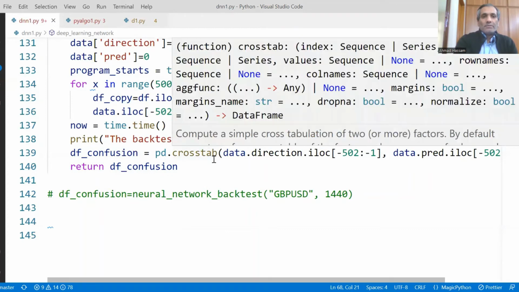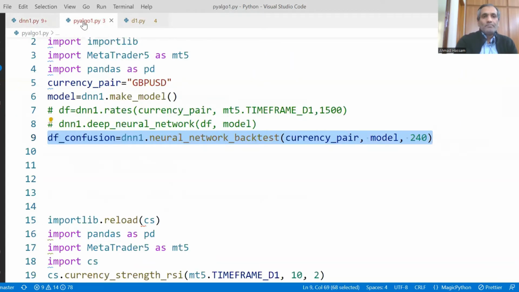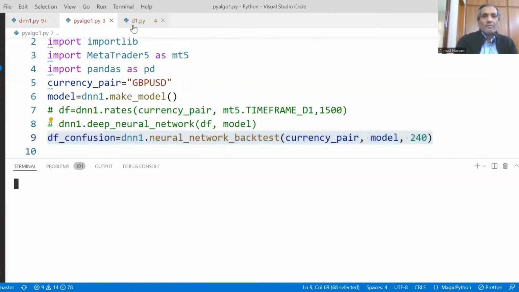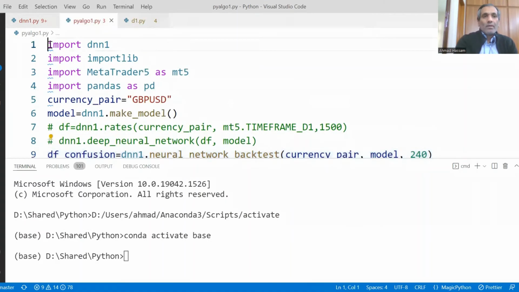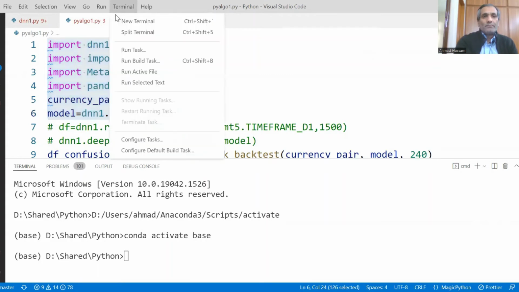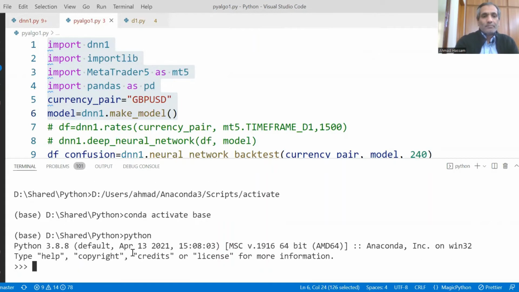So pandas can make a confusion matrix. So let's start. Let's start the new terminal. And we'll be backtesting on pound dollar. First, let's start the Python interpreter.